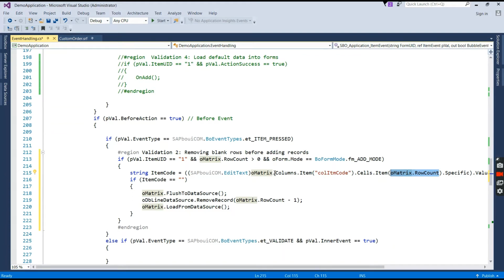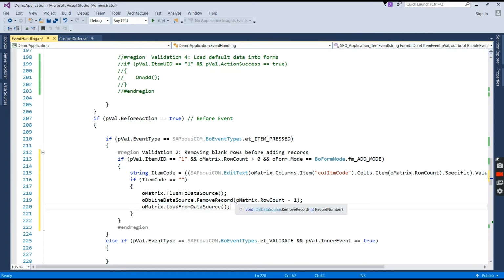So we are getting the item code value inside this variable and then checking. If it is blank, then we are flushing data from the matrix to the DB data source, and then we are removing the blank row from the matrix.